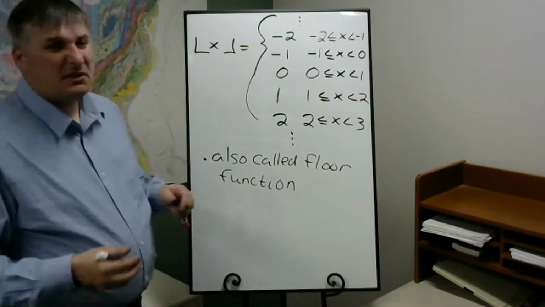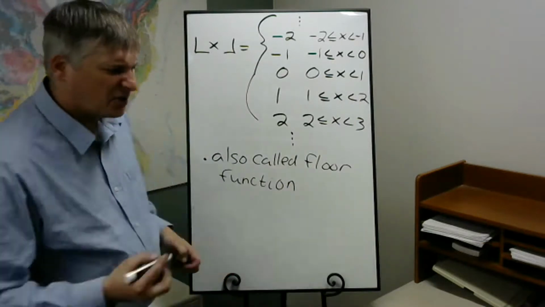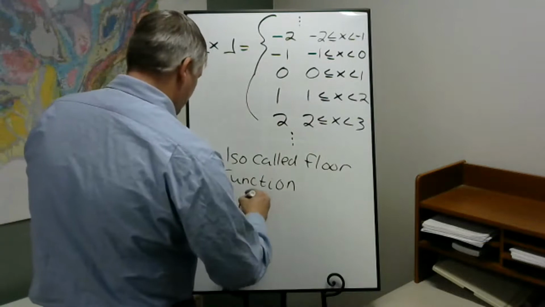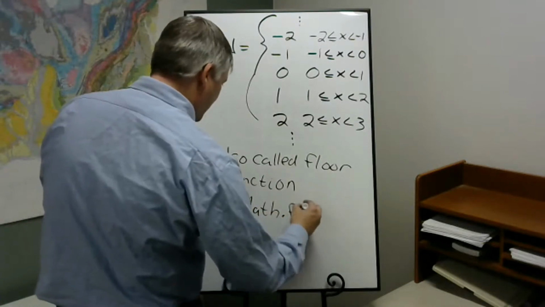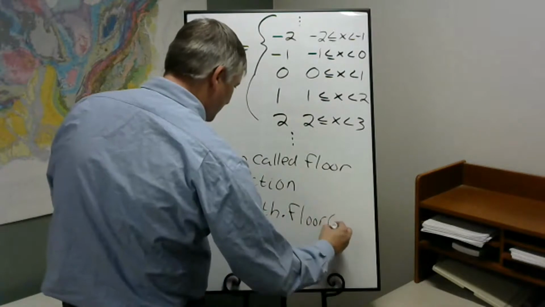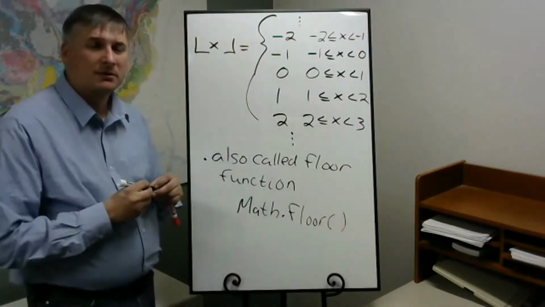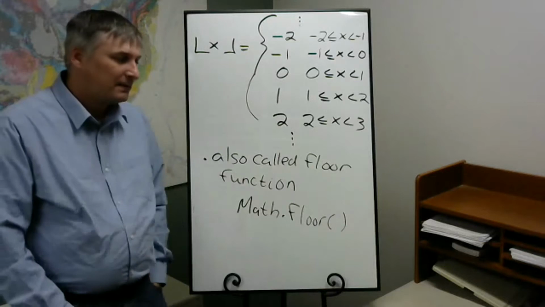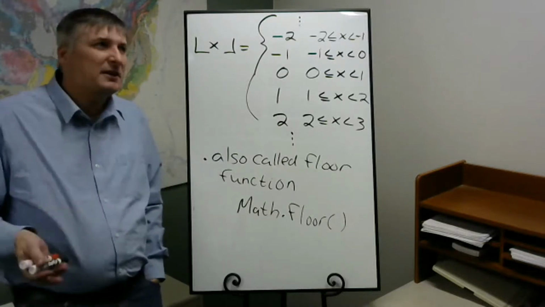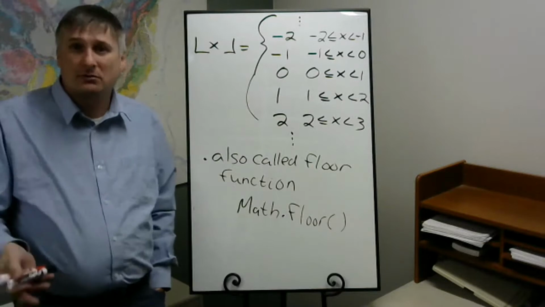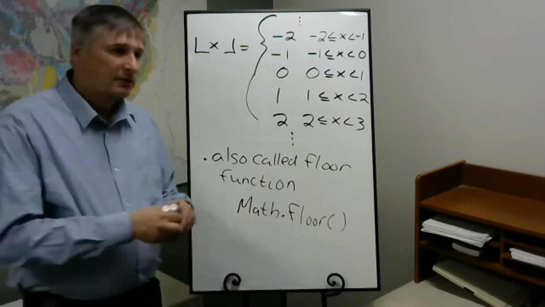And where you'll see this, if you ever program in Java, I think in Java it might be referred to as math.floor. It's used sometimes to come up with random numbers. So if you're in computer programming, if you're writing something and you want to generate numbers 1 to 10. Now I think these days there are functions that do this for you. But what used to happen is you generate a random number